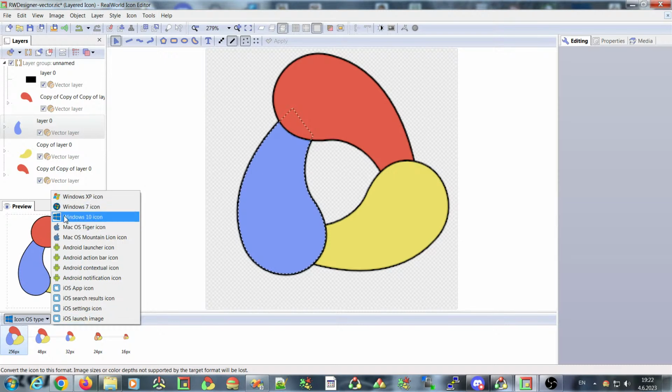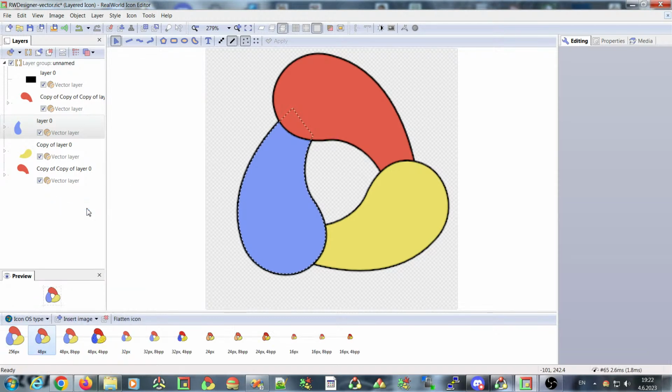We have selected a Windows 10 icon, but if I switch to Windows 7 here, it will try its best to map my current file, the list of images, to what is predefined for Windows 7. And for Windows 7 I have sizes from 256. I have the sizes of 256, 48, 32, 24 and 16 pixels, but not only in 32 bits per pixel, but also in